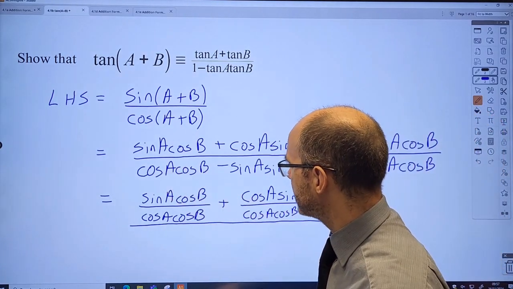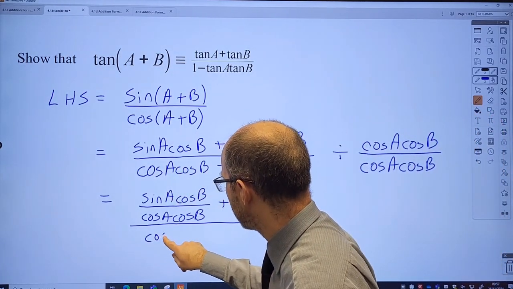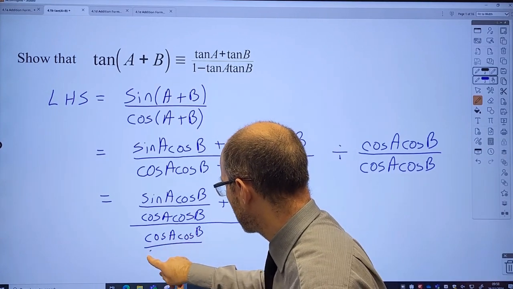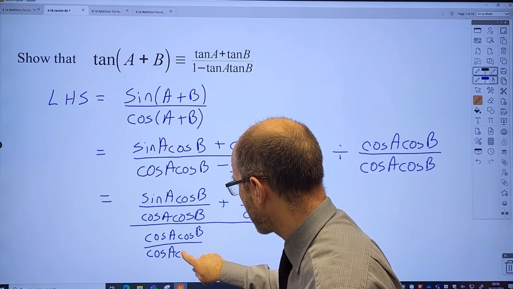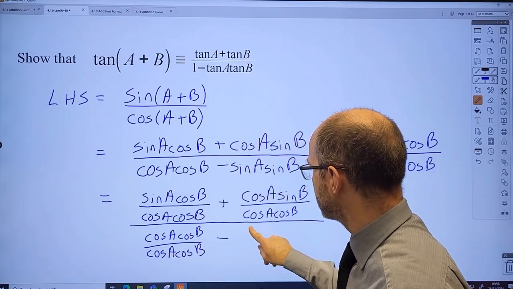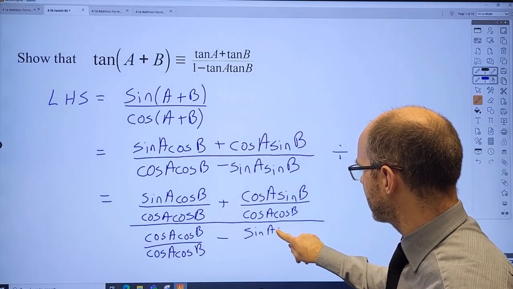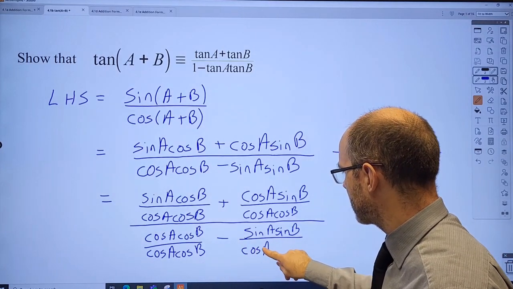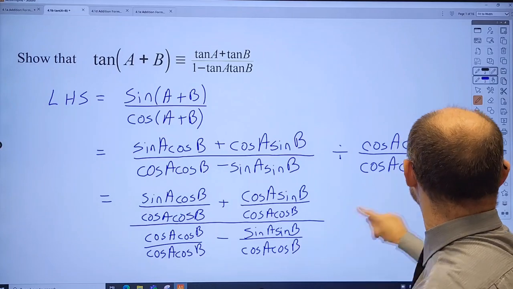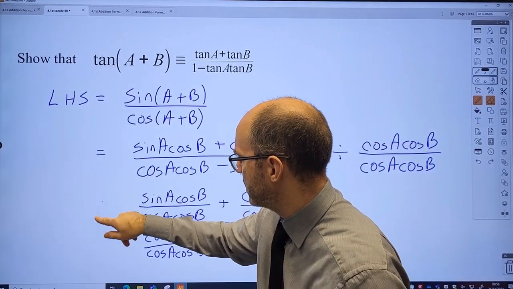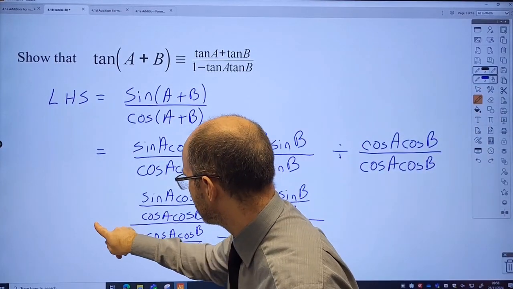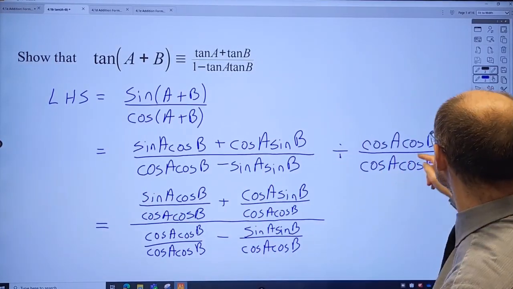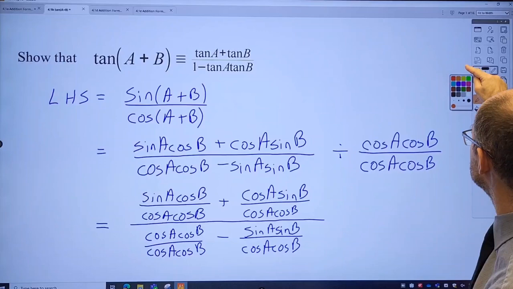And then the denominator, yes, I'm going to write that as well, cos A cos B over cos A cos B, this one, sine A, sine B over cos A, cos B. I'm just going to put my equal sign in a more appropriate place there, because it's all of that, isn't it? Now, if you're in the exam, what you could do is this, and what I'd recommend you do is